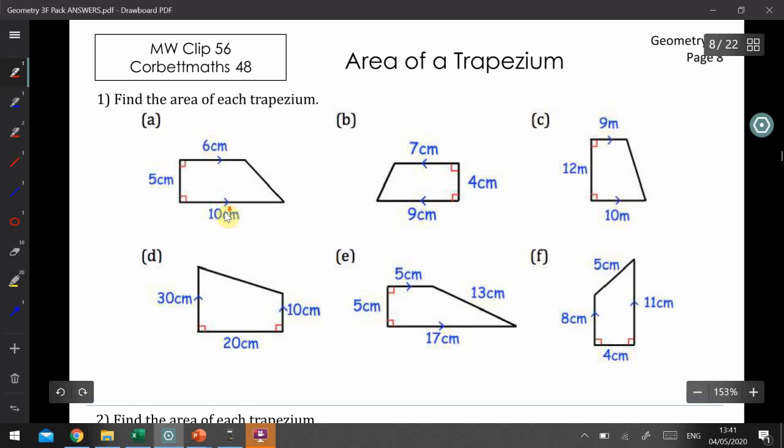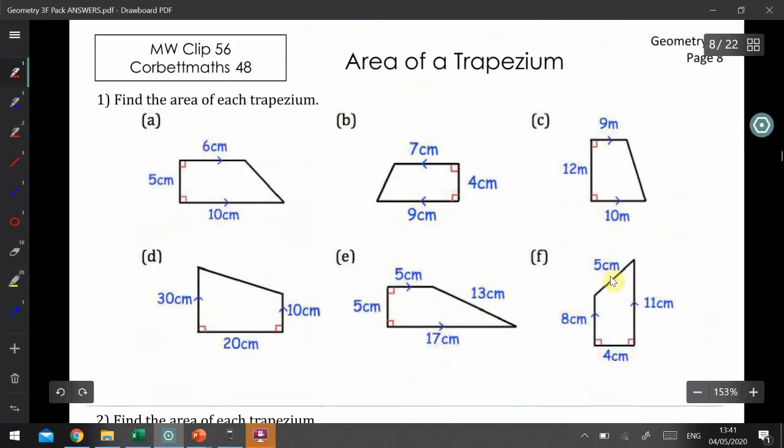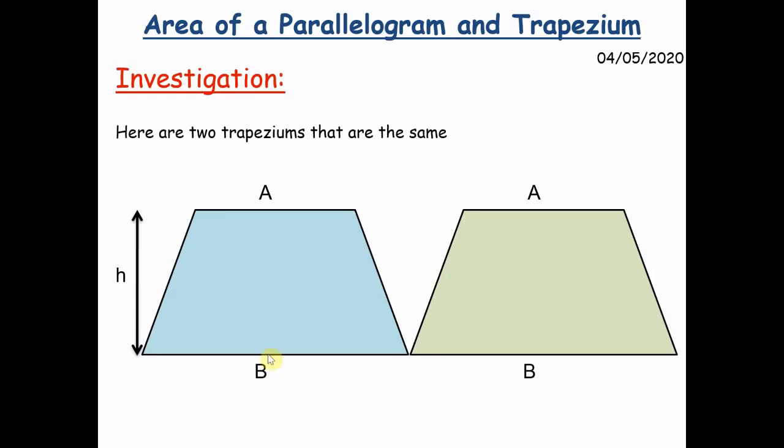You're probably most used to seeing trapeziums in this kind of shape, a kind of symmetrical trapezium. We call those an isosceles trapezium, but these are trapeziums as well. Okay, we're going to find out a little bit about the formula for finding the area of these first. Now, believe it or not, the formula I think is easiest to understand if you imagine that you've got two